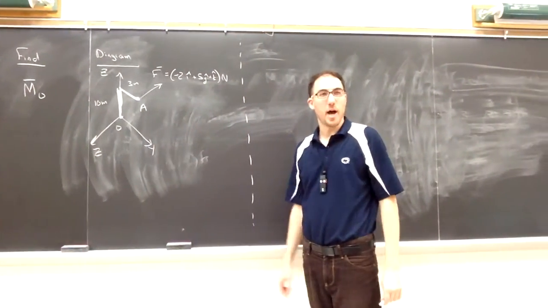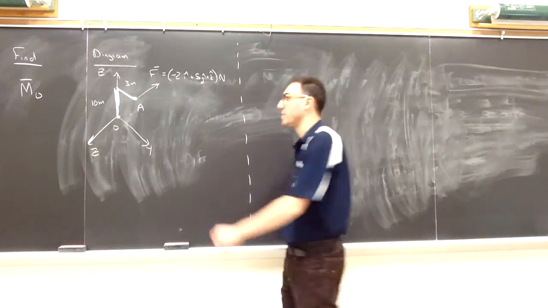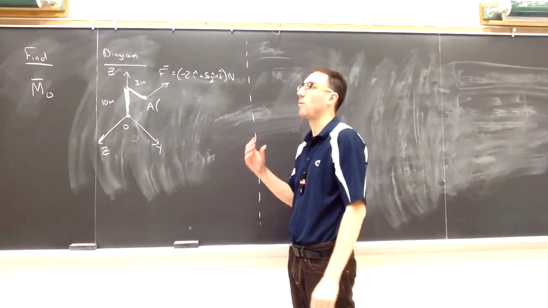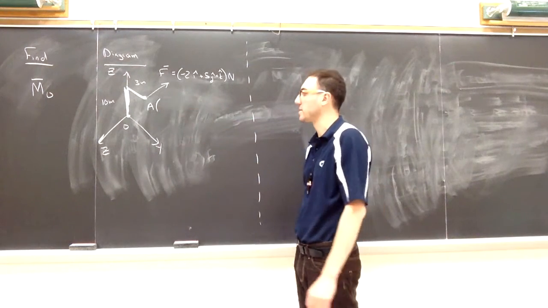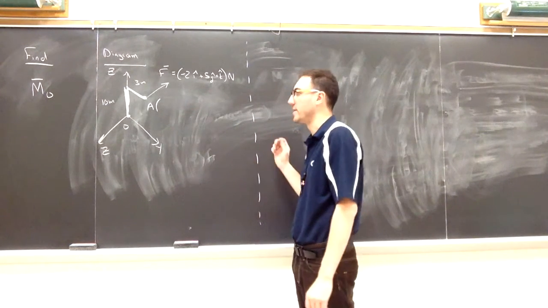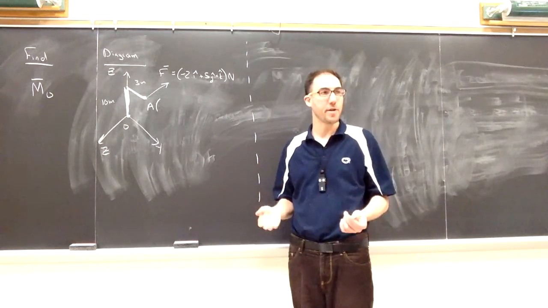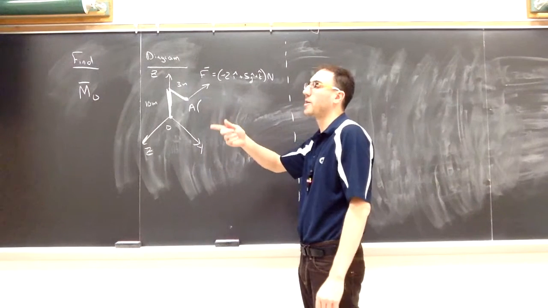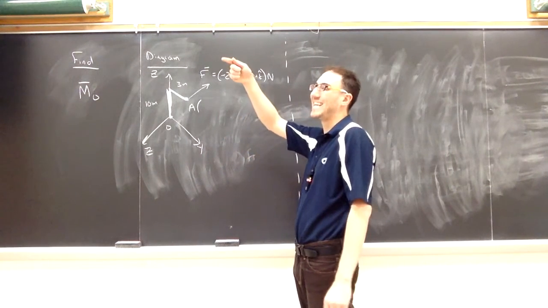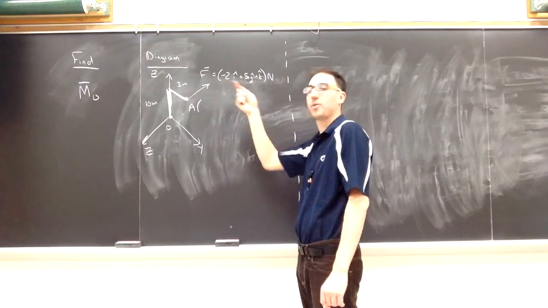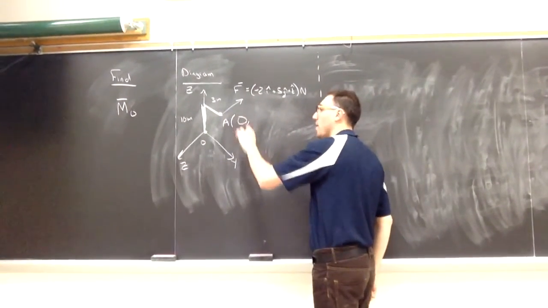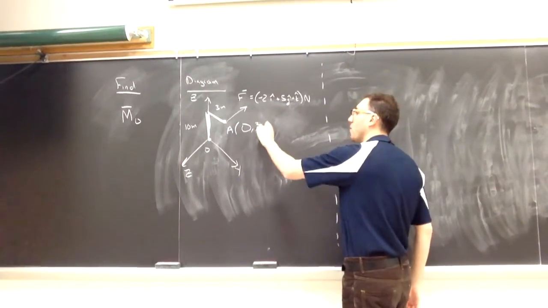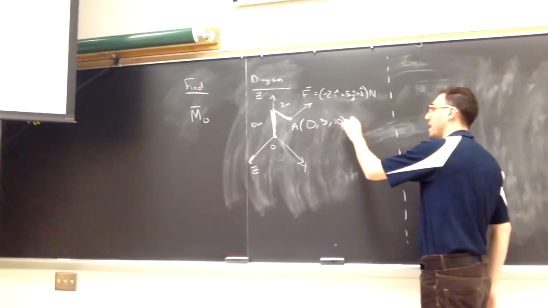Like when we were working with particle equilibrium, it's going to be helpful to label our points, like point A where we're applying this force. We want to put its coordinates, and it's going to help us find the position vector in subsequent steps, or if we need unit vectors, it's going to help with that as well. So the coordinates of A: if we go up by 10 in the z, over by 3 in the positive y, and we don't travel at all in the x, it's going to be 0, 3, 10,